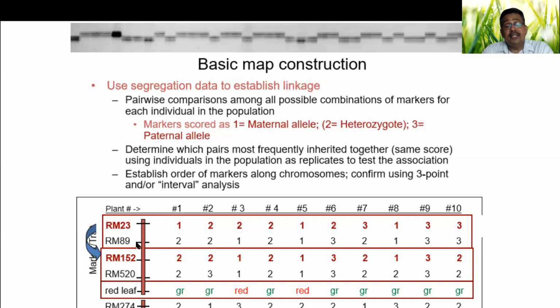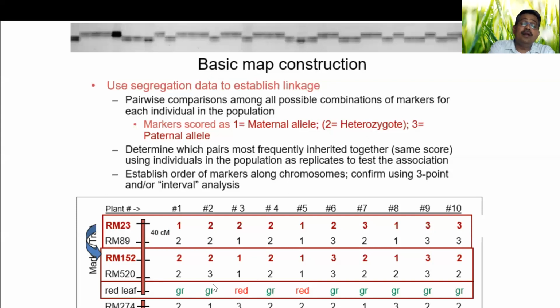Similarly, you can also add the phenotype. If the phenotype can be easily scored as 1 and 2 in a qualitative way, just like red and green, or red and white, you can make a qualitative score and include the phenotype also. For example, the leaf color, red and green, you can include here. If this also co-segregates with the marker, then you can say these markers are tightly linked. For example, if the green always goes along with that, you can easily make it out.